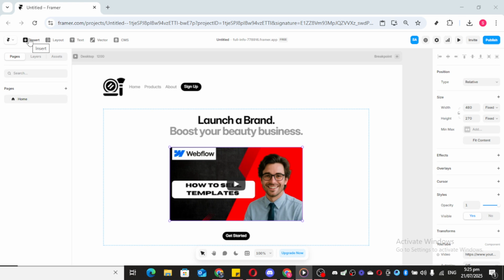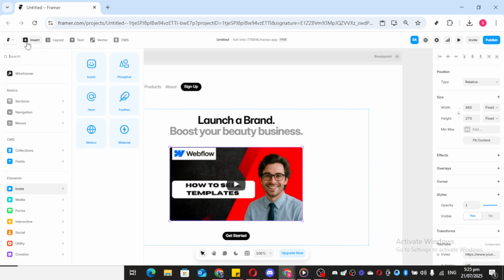Now, let's take a closer look at the left-hand panel of the Framer interface. This panel is your toolbox. It houses all the various elements and tools you might need for your project. You're going to want to click on Insert. This expands a drop-down menu that comprises different categories of elements you can add to your project, such as text,